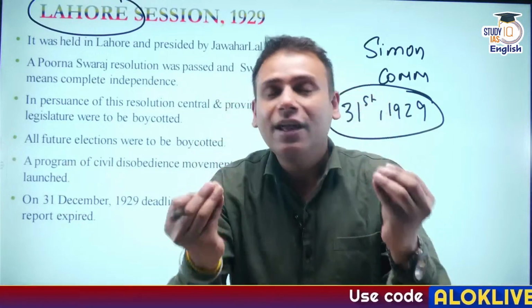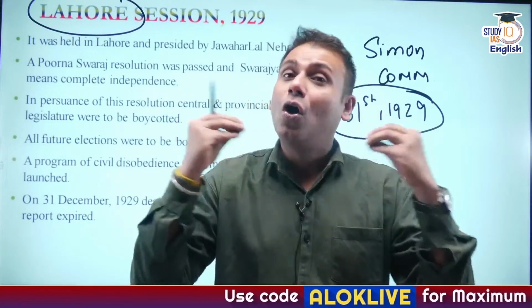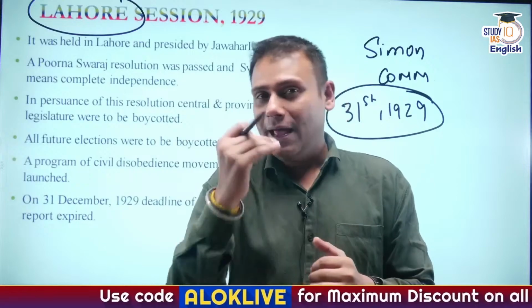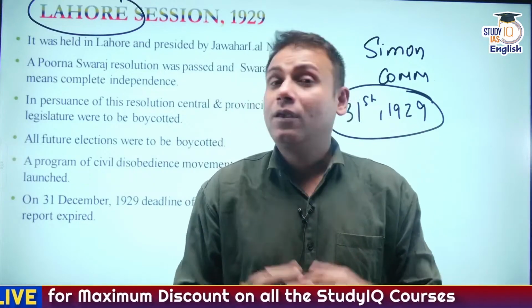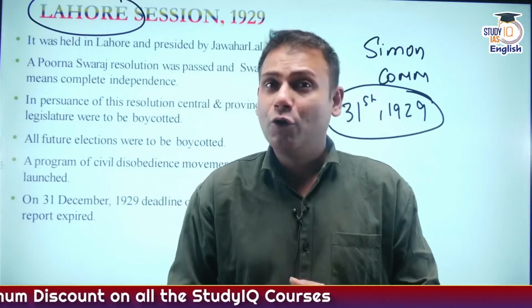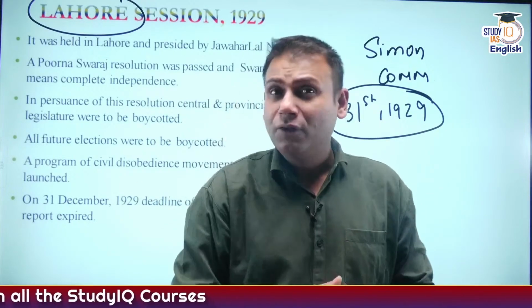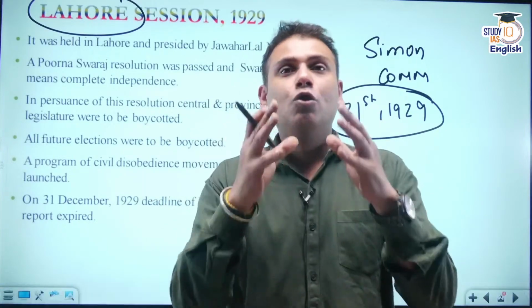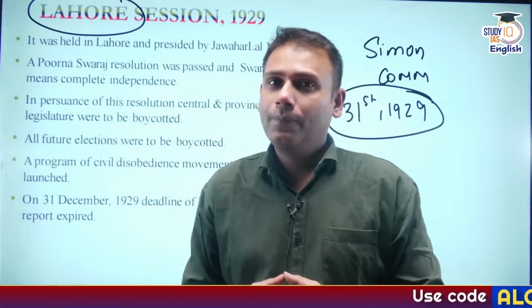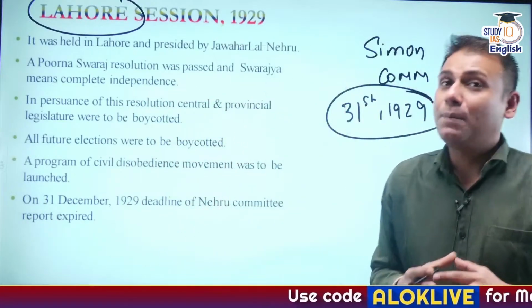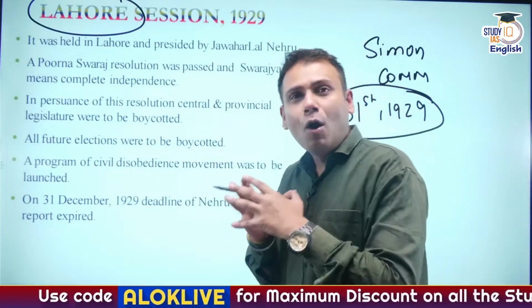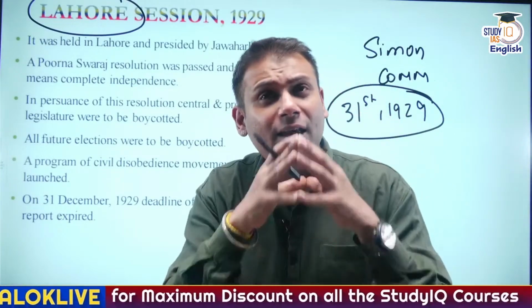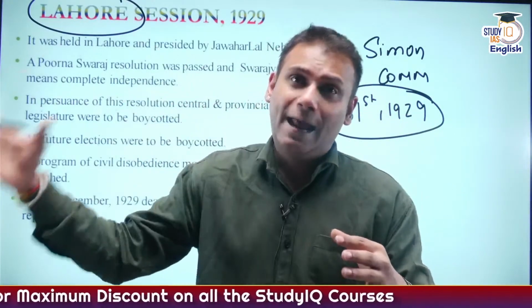There is dissenting opinion among the nationalists of all the ranks. Then Motilal Nehru and the secretary Jawaharlal Nehru came up with the Nehru Report. The major objective of the Nehru Report was dominion status for India. But this was being criticized particularly by Muhammad Ali Jinnah, who came up with a 14-point plan.